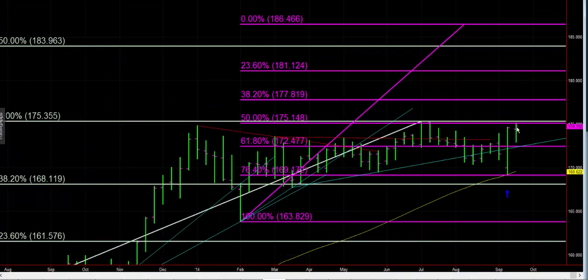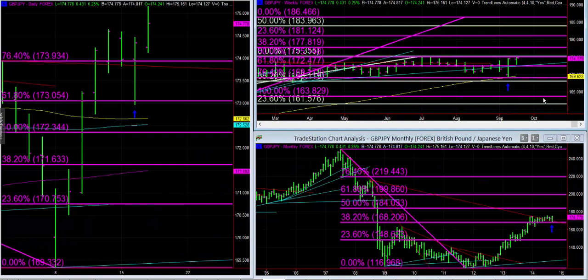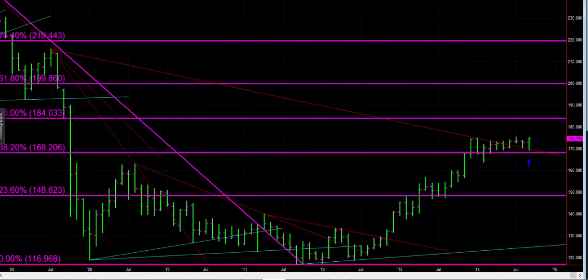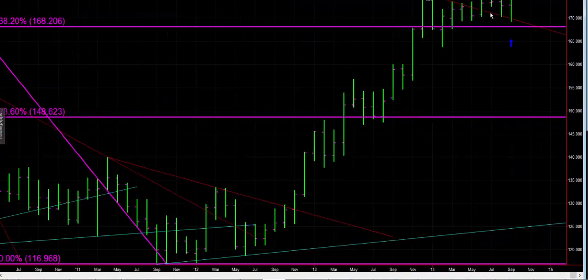We can see on this weekly chart, it's very clear to see we bounced off this 175.14 area today. We came off a little bit. Above there, our target areas would include 177.80 and right around 180.10 as upside targets. Finally, on this monthly chart, we can see that this month we have bounced around and tested and moved higher from this red down line. So we will keep our eye on the